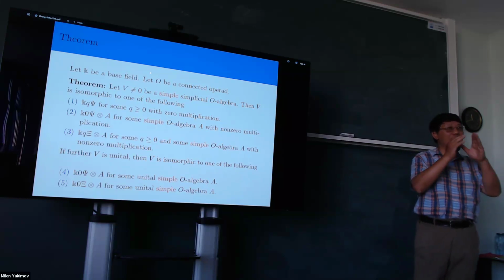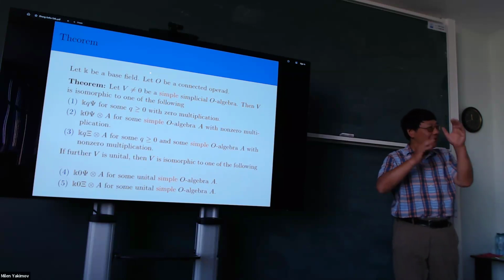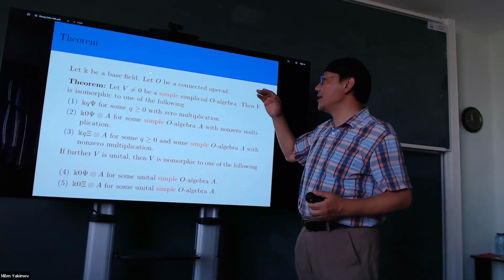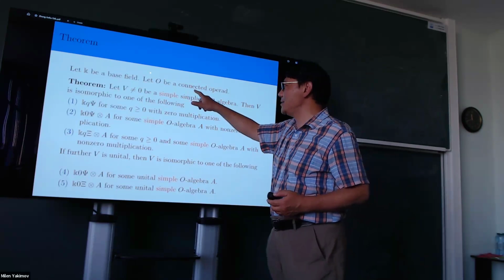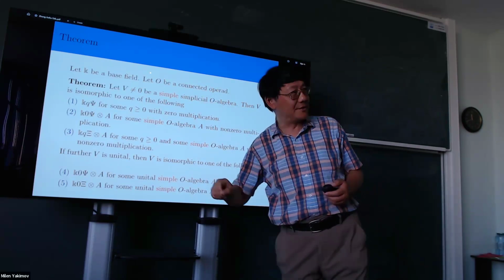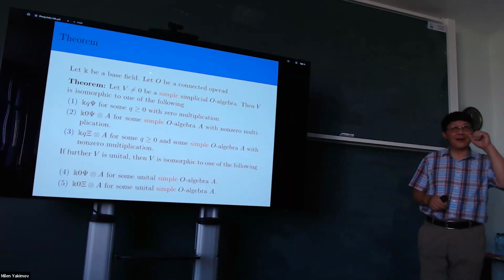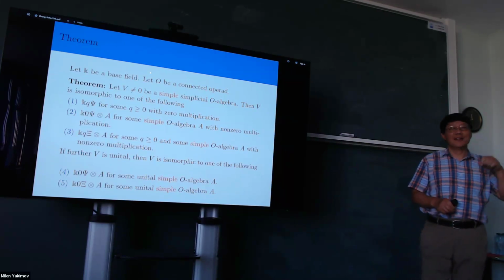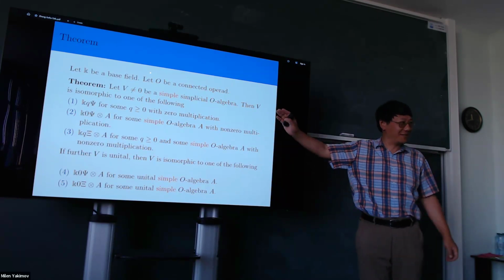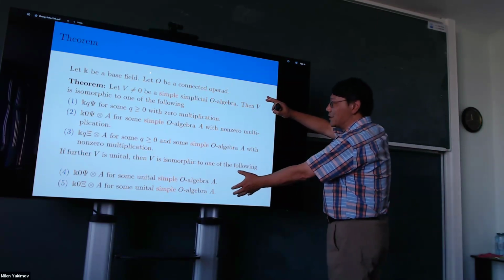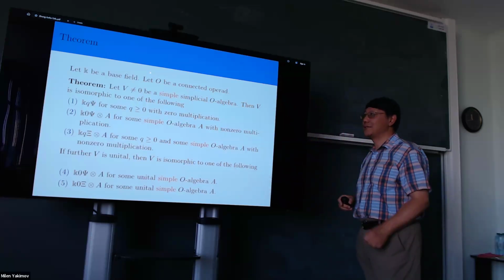If we have an algebra with Hopf action, proper coaction, also fine. However, if we only consider the operad case, we cannot delete this connectedness. We have an example where the operad is not connected, and then this fails. So this holds for a more general context, but we do have some